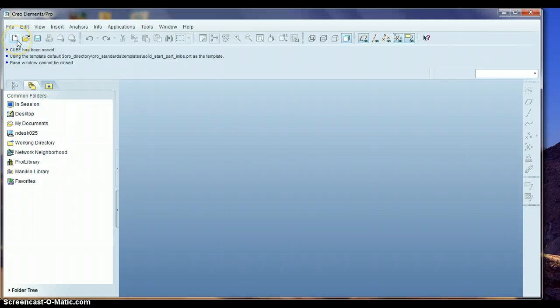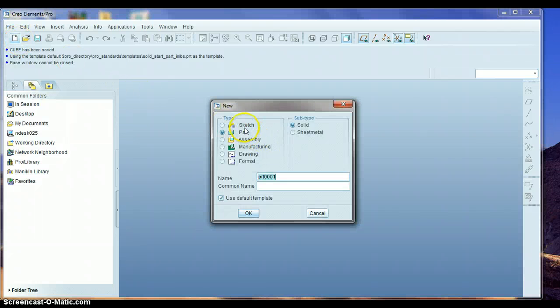But we'll go New, and some of the options that pop up here, we have sketch, part, assembly, drawing. The two we'll be using are part and assembly. First thing we're going to use is part to draw a part of our catapult, and then later on we'll make an assembly file to bring all these parts together. So let's type in, we'll call this body,